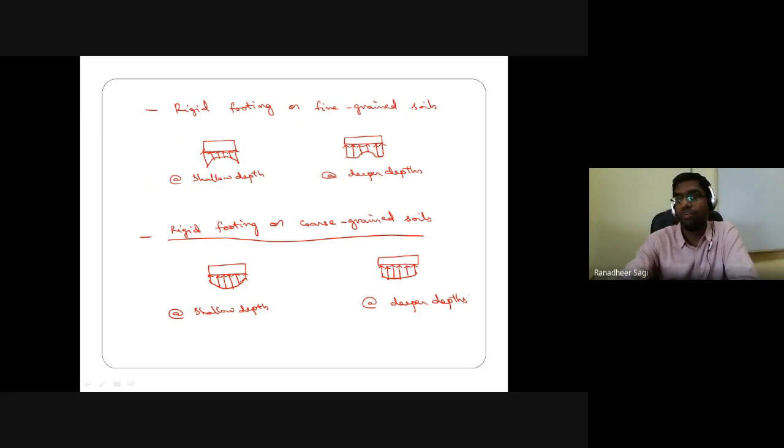Okay, so we'll stop our discussion for today, and in the next class we'll continue our discussion with the design of your shallow foundation. Design in the sense we talk only in terms of the geotechnical aspect, not the structural aspect. We are not going into the details of how the reinforcement has to be designed, what the spacing of the reinforcement is, what the diameter of the reinforcing bars is, and so on. We are not going to talk about the structural aspect of the design. We are going to focus on the geotechnical aspect of your design.